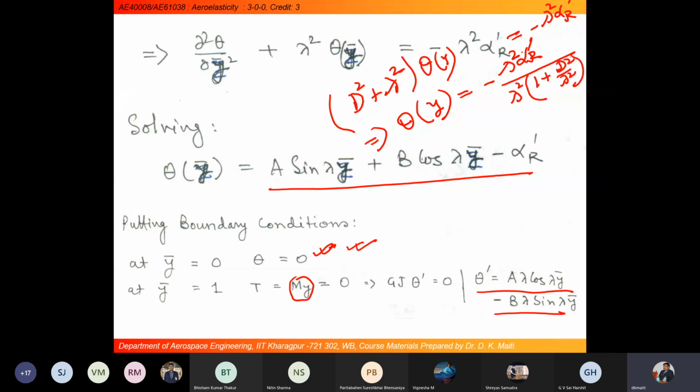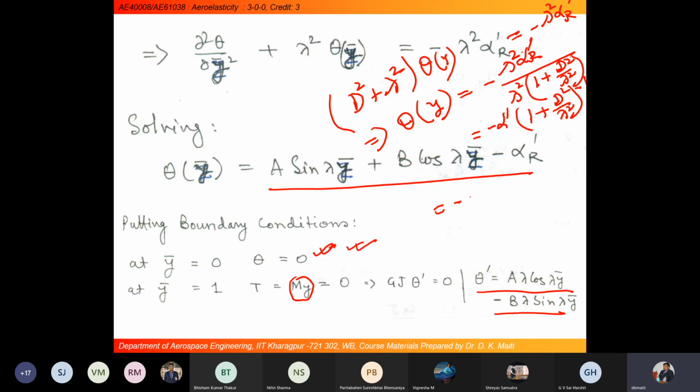Taking the binomial expansion, taking the first term, because this is a constant, if I take derivative of it, it will become 0. So it will become minus alpha r prime into 1 plus d square by lambda square inverse, and expanding it,